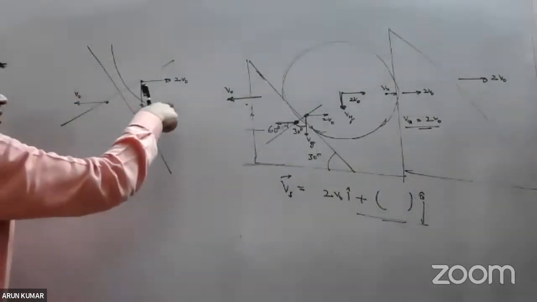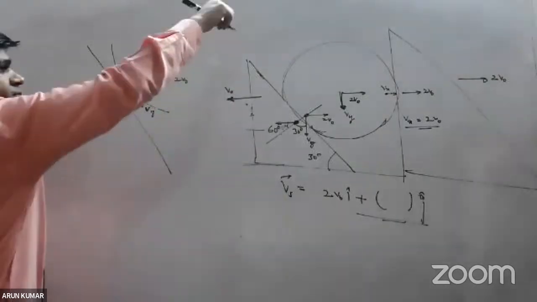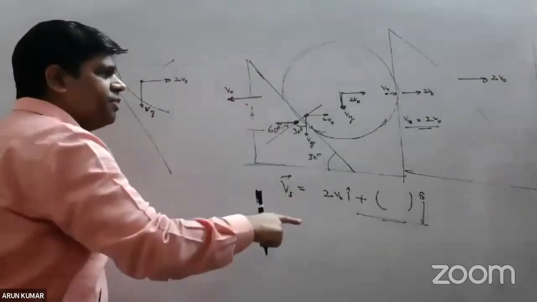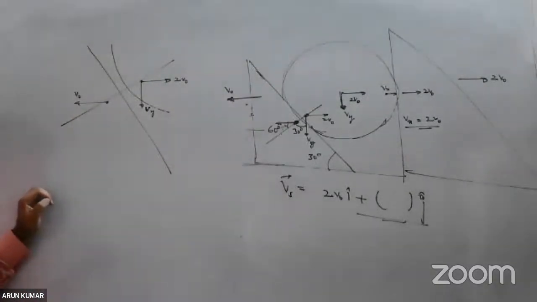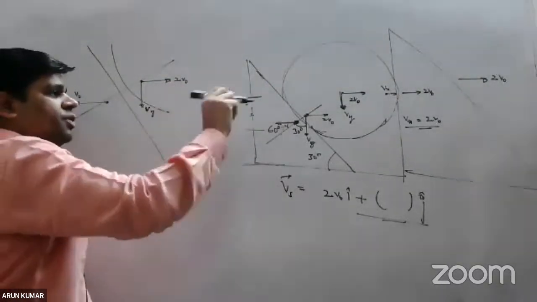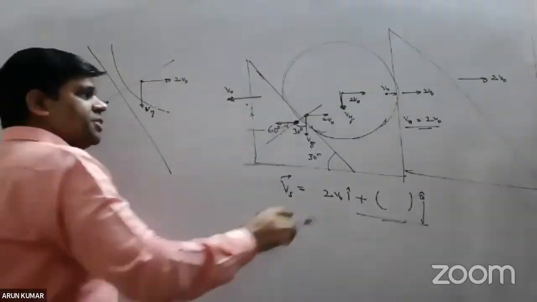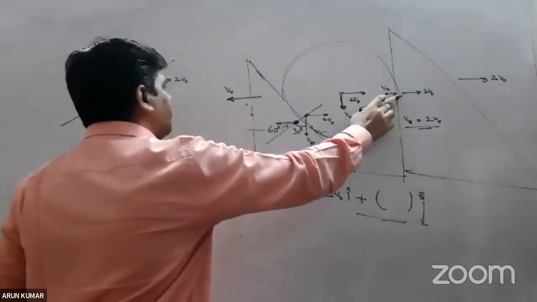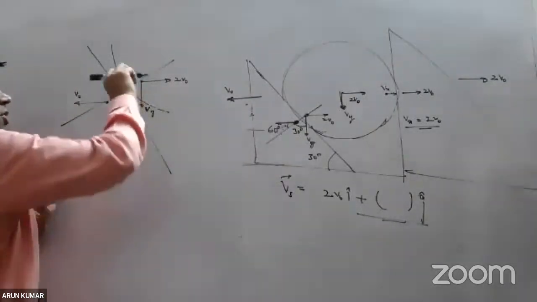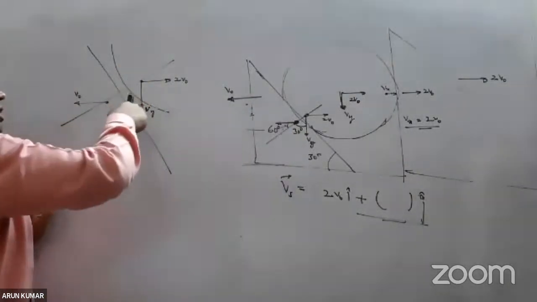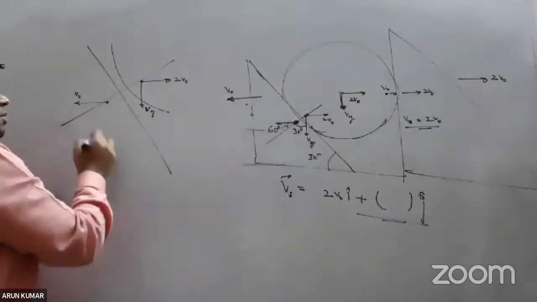But whereas this cylinder, in the previous case where it was attached to the wall, was stopped from moving horizontally, so it had no horizontal velocity. But now instead of the wall, I have got a wedge, which is moving with 2 V naught, which means its horizontal velocity is 2 V naught if it considers this point of contact. Now coming back to this point of contact, it will have two velocities, horizontal and vertical. I take the component of this along